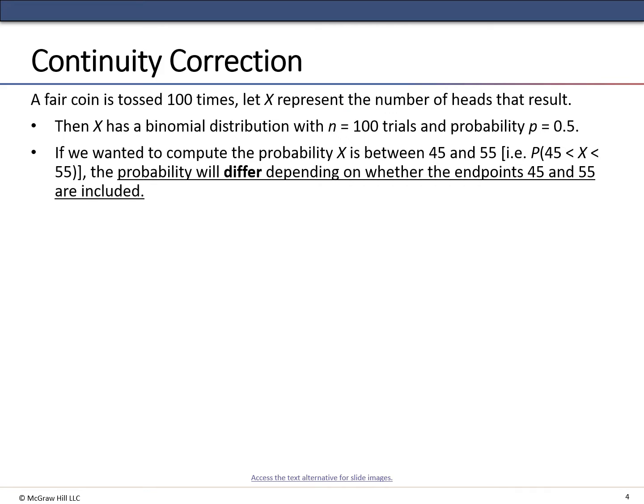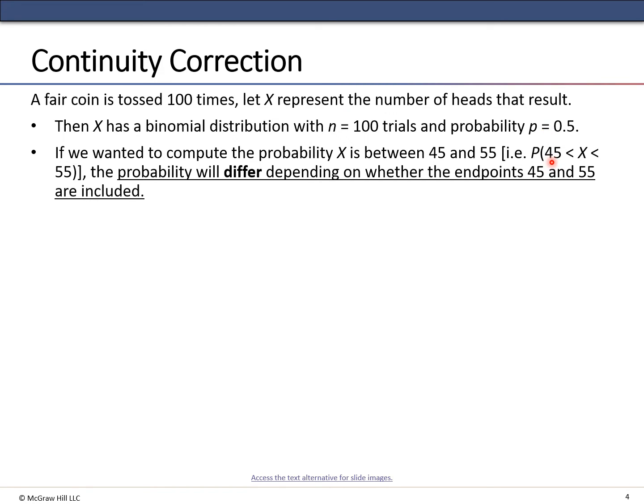A fair coin is tossed 100 times. Let x represent the number of heads that result. Then x has a binomial distribution with n equals 100 and the probability p equals 0.5. Now, how did we get this? This isn't a given. What happens each time we toss a coin? We know that it's equally likely to get heads or tails, so the probability of getting heads is 0.5, half of the times. Okay? If we want to compute the probability x is between 45 and 55, for example,